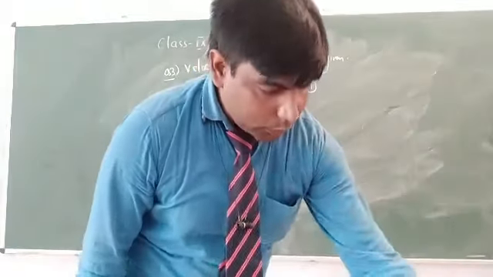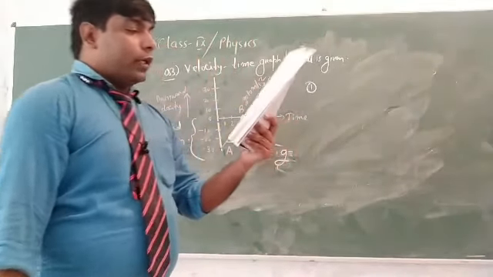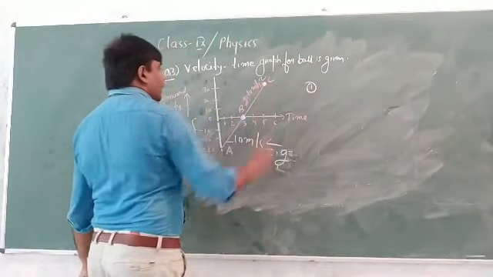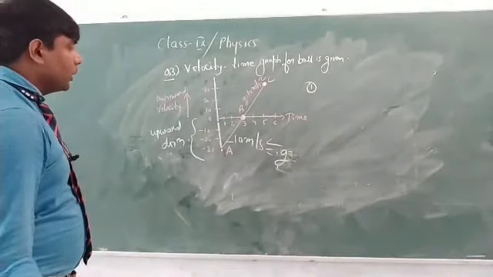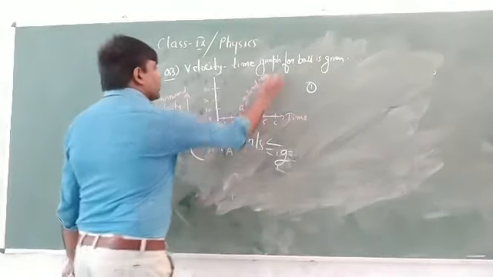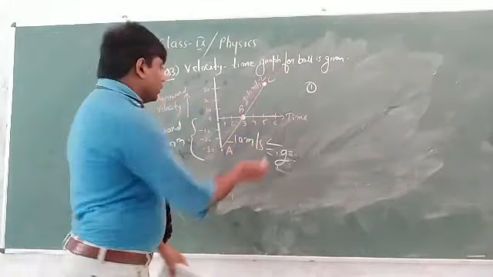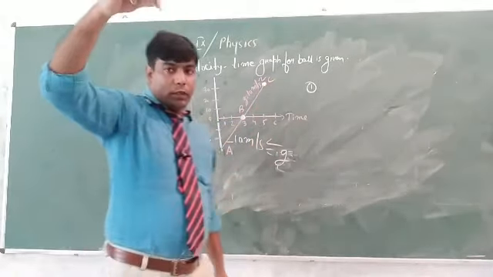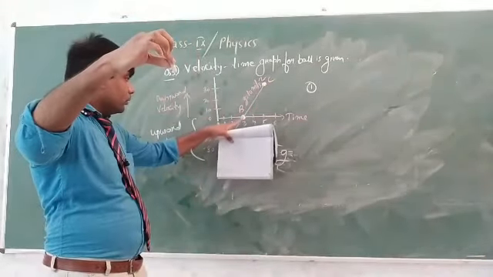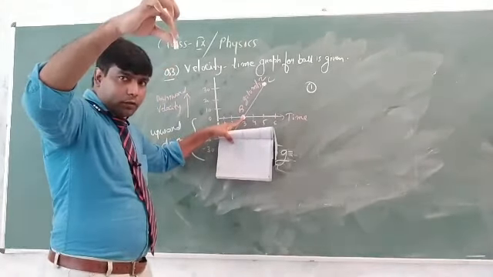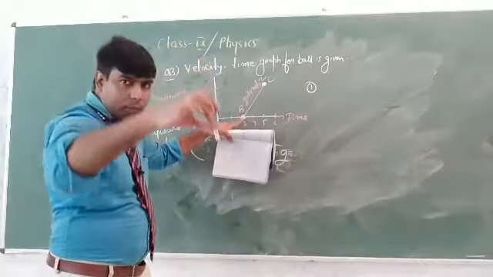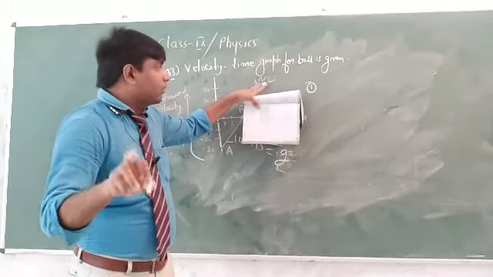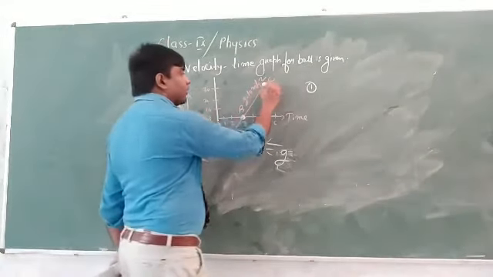Question says, in which direction is the ball moving at point C? Point C is here. They are asking in which direction the ball is moving at point C. So this is which direction? It is showing downward direction. This is the velocity in downward direction. So at point C, the velocity will be downward. B is the maximum height position, and it will come down, come down, come down. It will hit the ground at position C. So direction of the ball at C will be downward. They are asking what is the direction here.